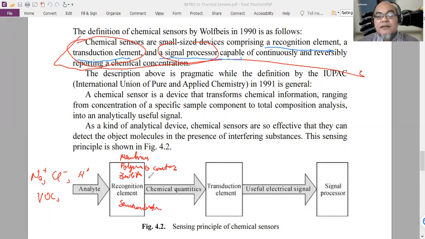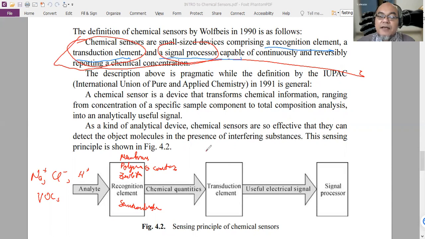So usually, then this will produce chemical quantities. For example, in the case of a membrane, it will produce some compound. In the case of an enzyme, it is actually already a type of biosensor. It will create another chemical product, and this will be recognized by a transduction element, which will